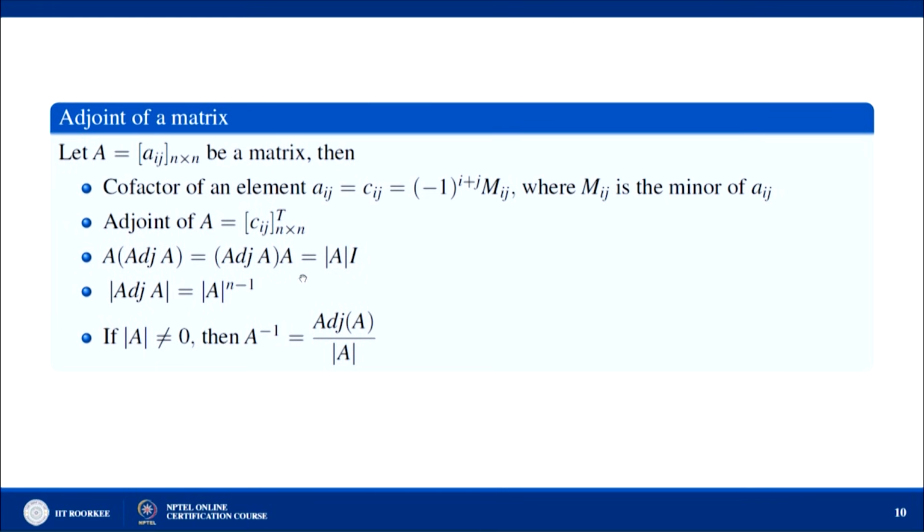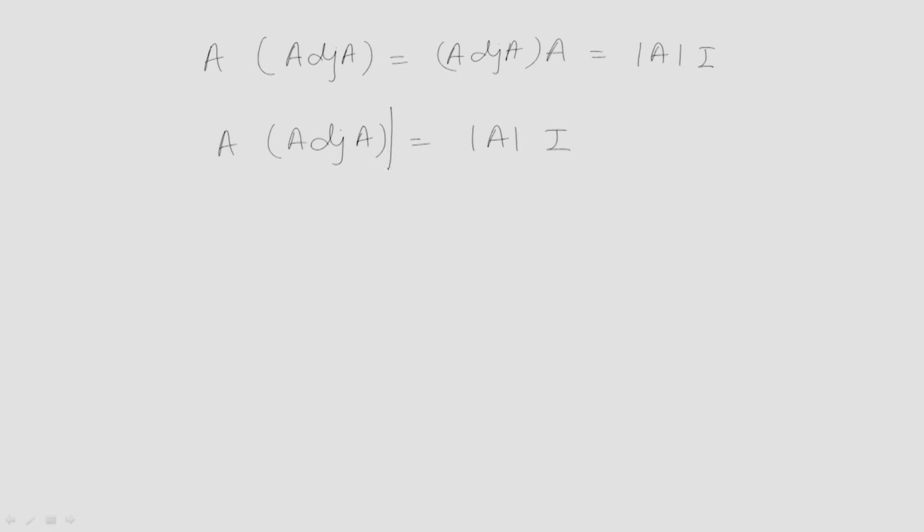This is very easy to prove, you can simply see here. As you have seen, A into adj A is equal to adj A into A, equal to determinant of A times identity. So, you take A into adj A is equal to determinant of A times identity. Now, you take determinant on both the sides. Now, this is A into B. The determinant of A into B is equal to determinant of A into determinant of B,